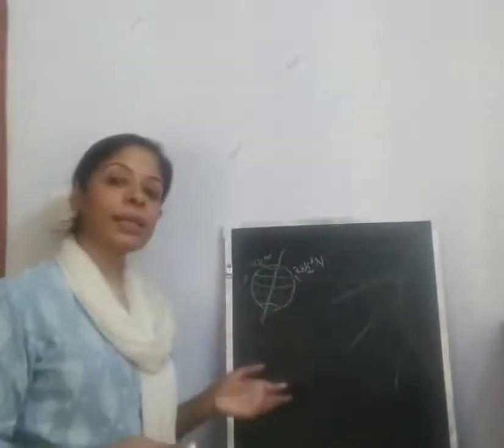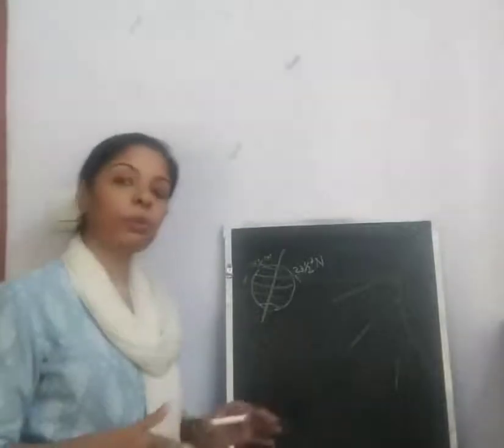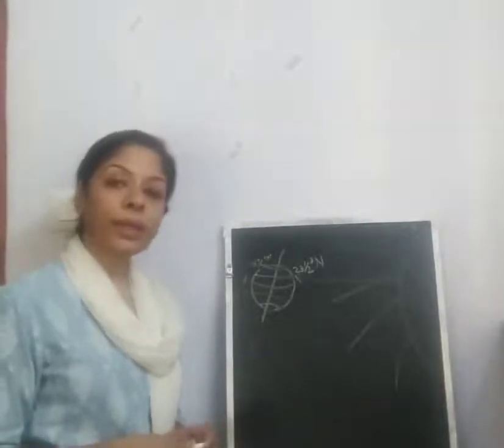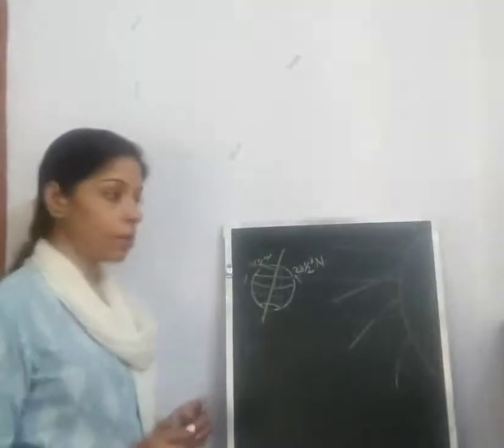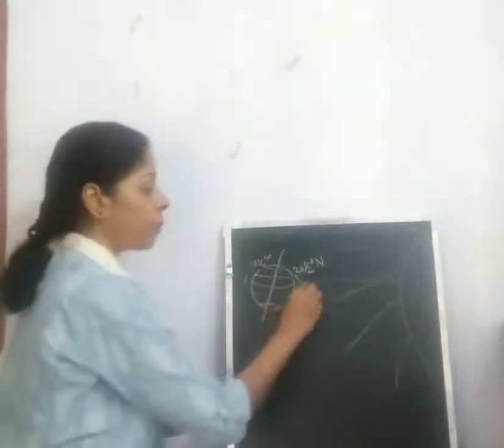That is, we can see the sun throughout the day, throughout the 24 hours, and this is known as the land of the midnight sun. Now the question is when it happens. On 21st of June,